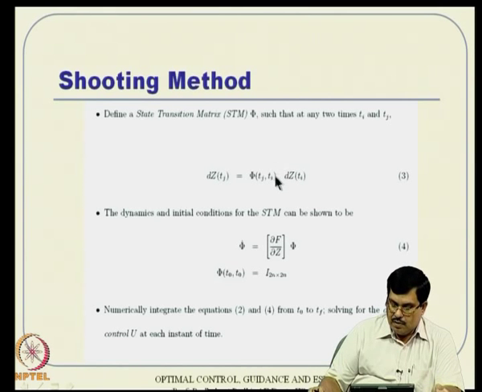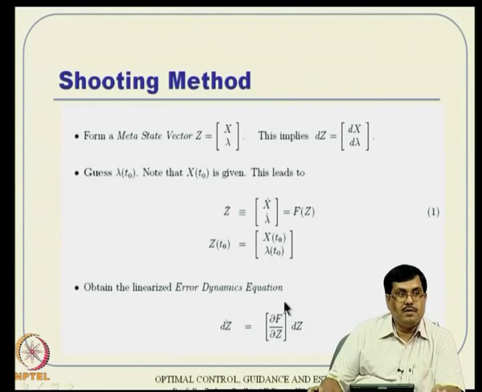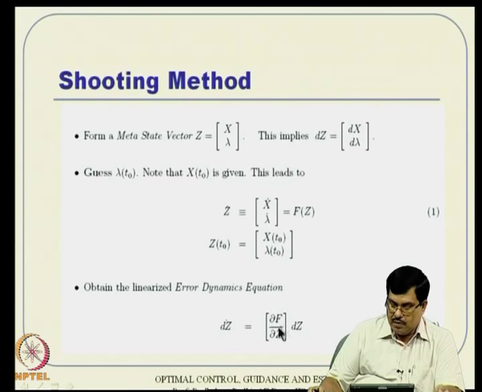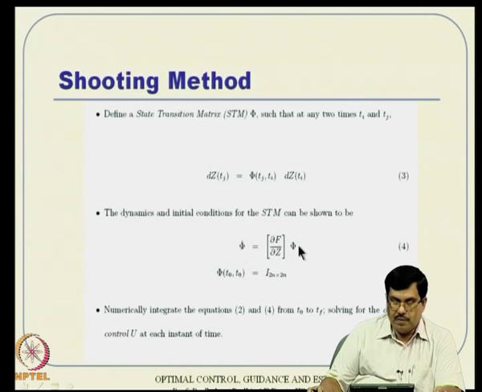This is very standard linear systems theory. The state transition matrix in general will satisfy the same differential equation, whatever differential equation you have, but in the matrix sense. Remember, dz is a vector whereas phi is a matrix, but the differential equation turns out to be exactly the same form. So you can take this df by dz and plug in here, and it will satisfy this equation. And phi of t0, the initial condition, is invariably identity, because if both times are the same, this has to be identity.